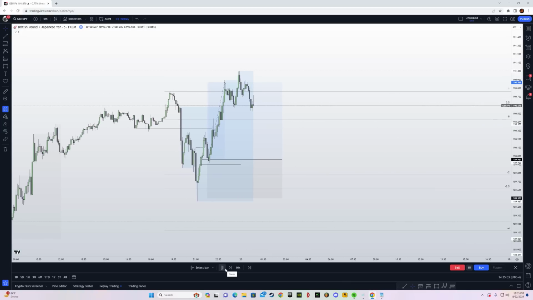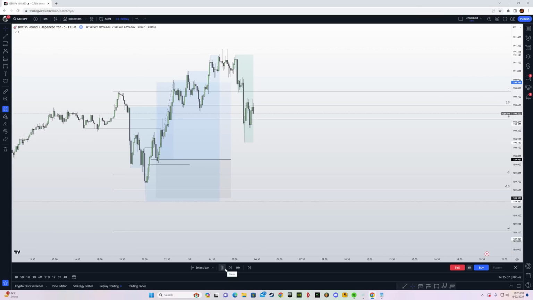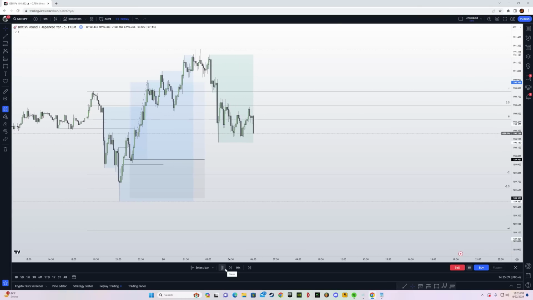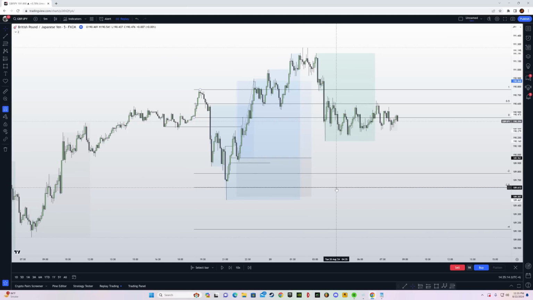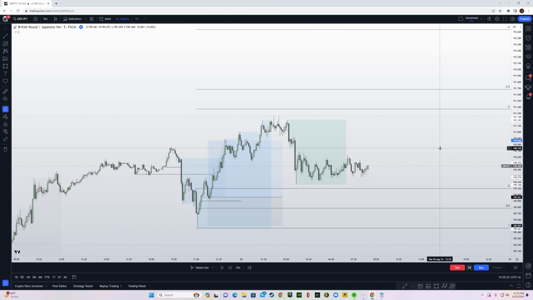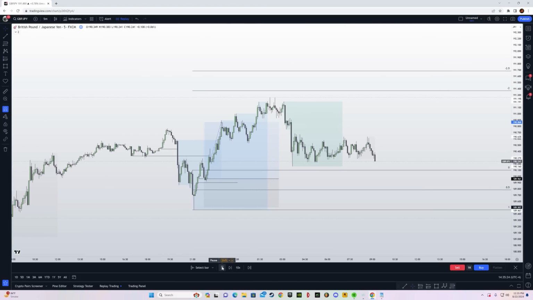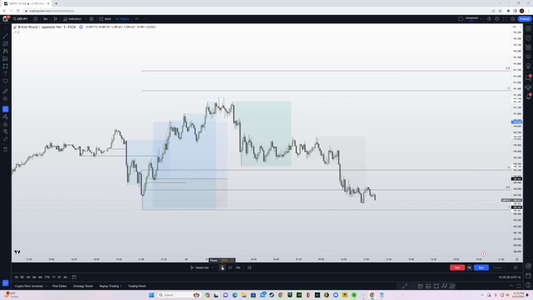And you can see that the take profit level was hit. So the precision that comes with this strategy is insane. Like, I can tell you. Now, notice one thing, okay? Notice how it hasn't reached the -2, -2.5. And the reason why it didn't reach that level is because